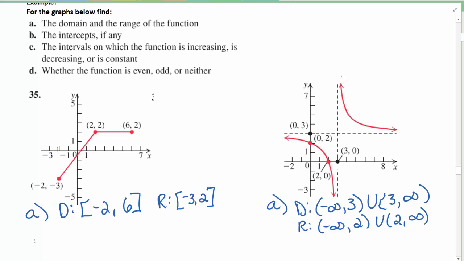Part B, this one's going to take us a little bit of work because we want to find the intercepts. And the intercepts, remember, an x-intercept you plug 0 in for y, and a y-intercept you plug 0 in for x. And unfortunately, it doesn't cross at an exact point, so we're going to have to find the equation of this line from -2, -3 to 2, 2, and then plug 0 in for y, and then plug 0 in for x, and find the corresponding intercepts. Now, it's actually easier on this graph. The intercepts fall in exact points. We've got an x-intercept at 2, and we've got a y-intercept crossing also at